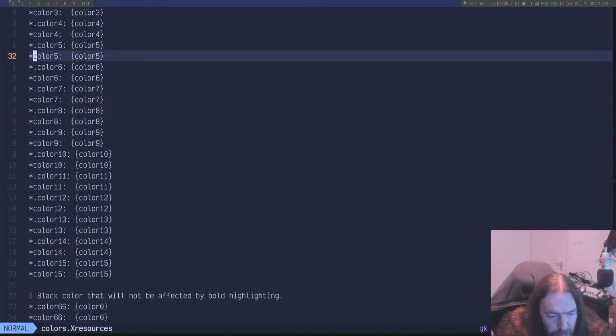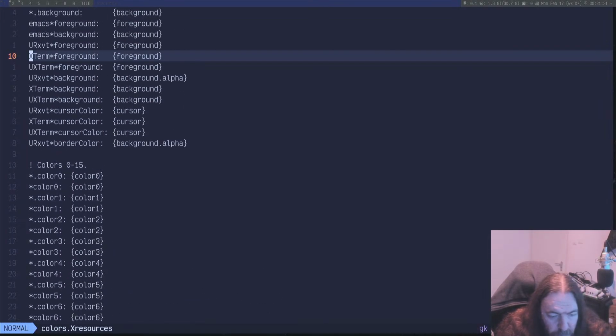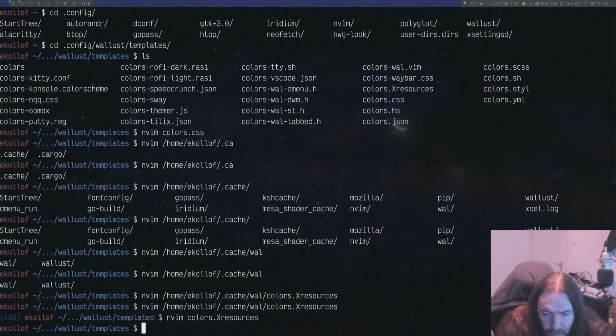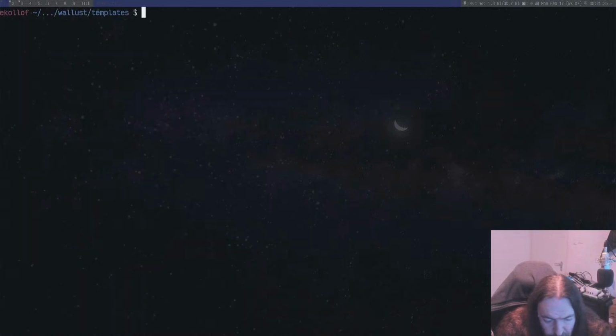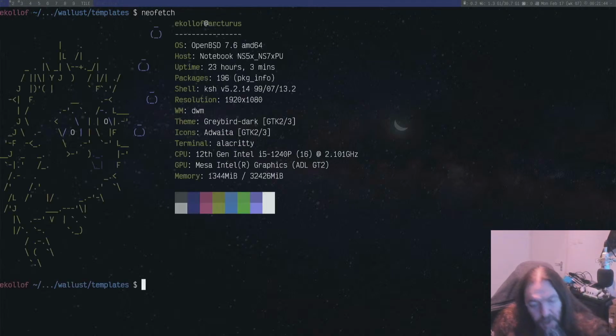Yeah, so 16 colors. So that's how you write the templates, and then you can generate themes for pretty much anything. And the cool thing that you can do